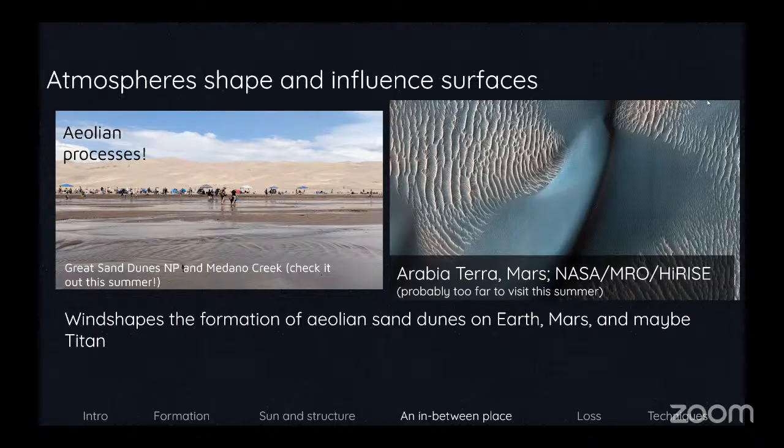And on the right here, this is also a photo of dunes from above. This is from the Mars Reconnaissance Orbiter's HiRISE instrument. This is a very high-res camera that we have to take pictures of the surface of Mars. And I just think that's so cool. HiRISE is a wonderful instrument. If you haven't gone onto the website and searched through those photos, I highly recommend it.